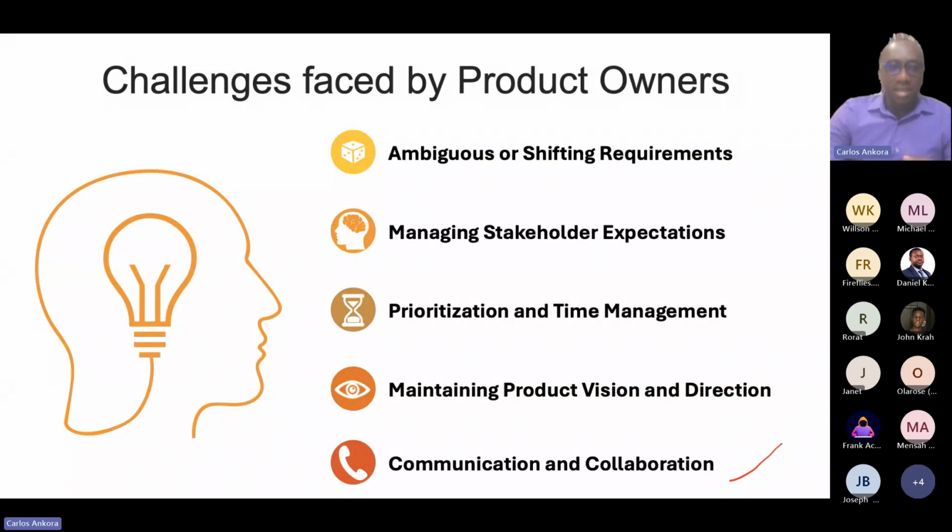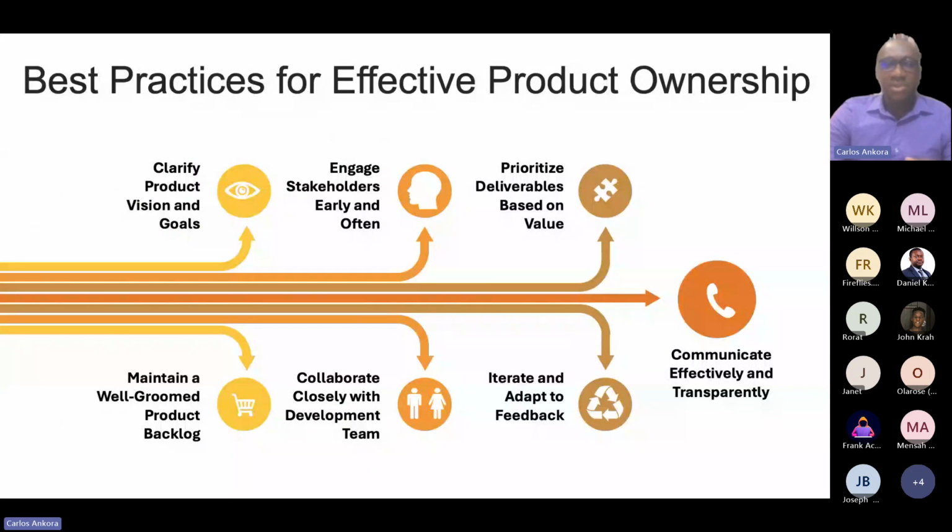So after looking at these challenges, I want us to look at some best practices for effective product ownership. Then we'll go into the last two parts on driving innovation through product ownership, and then we'll talk about adaptability and flexibility. Adopting best practices can help product owners fulfill their role more efficiently and contribute to the success of products. We'll start by